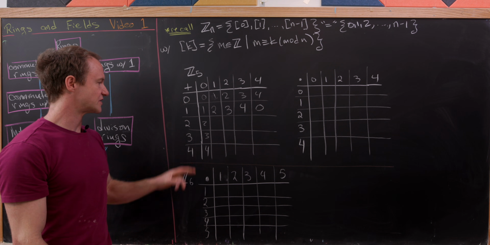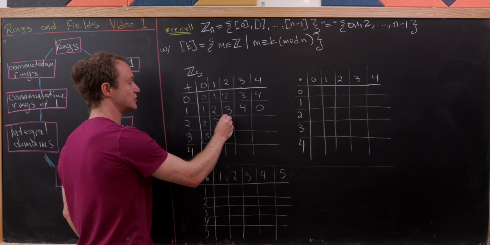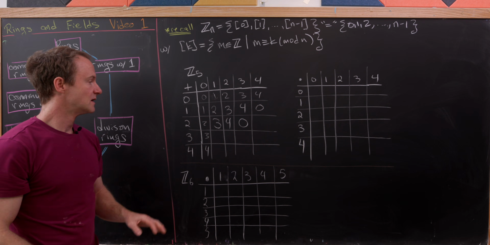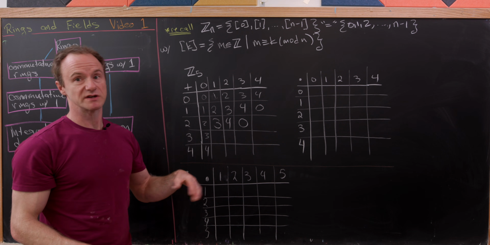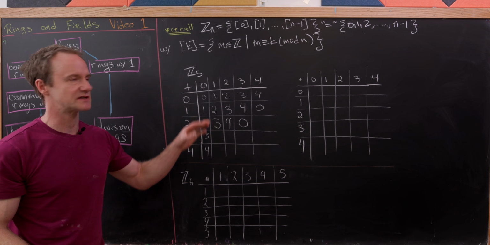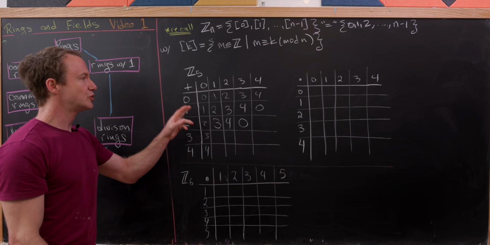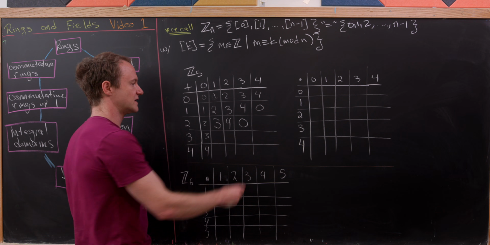Then now we could go down to 2. So 2 plus 1 is 3. 2 plus 2 is 4. 2 plus 3 is 5, which is 0 again, because 5 is congruent to 0 mod 5, and we're doing this reduction mod 5 after every step here. So that's how the addition is defined. Perhaps I should have said that over there. Then 2 plus 4 is 6, but 6 is congruent to 1 mod 5, so that means that we would